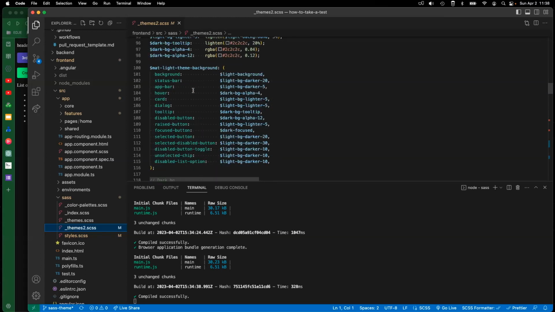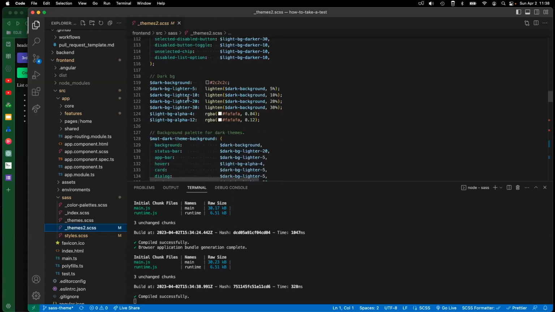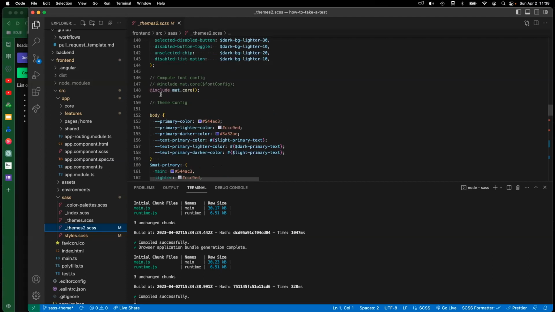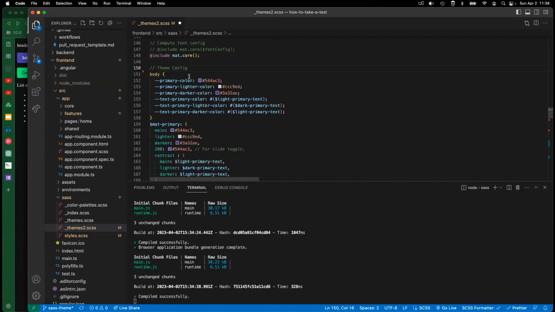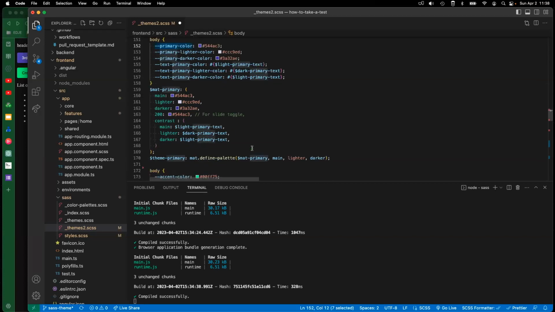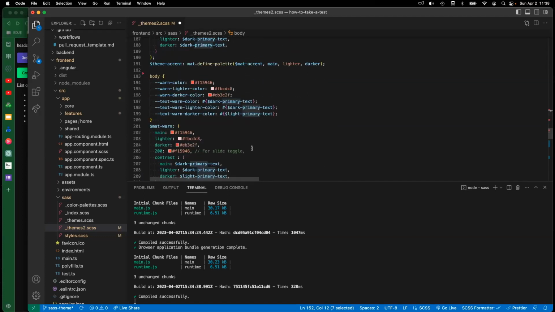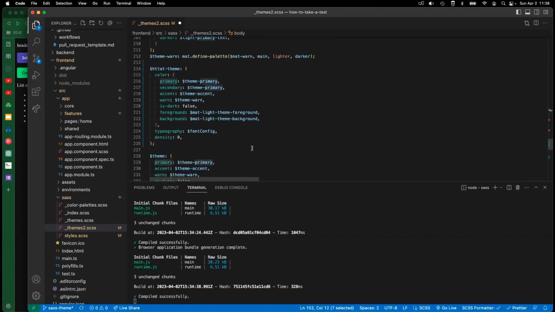But here's the nice part: you've got all these things that are built up that are providing different colors. And really our core comes in when you start to see these theme configurations where, here's our primary. We can start changing these colors. If we want this blue, if we want the green, if we want the red, if we want the